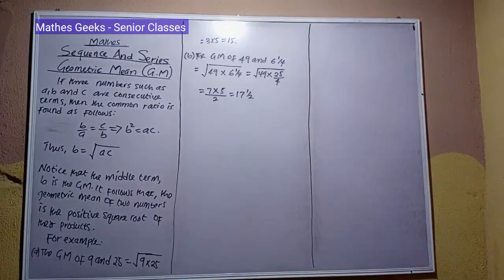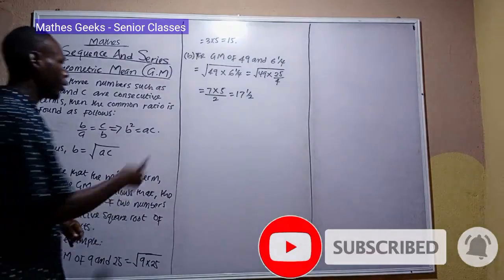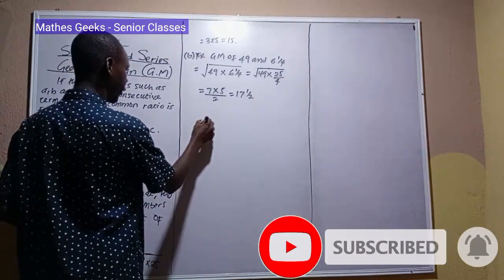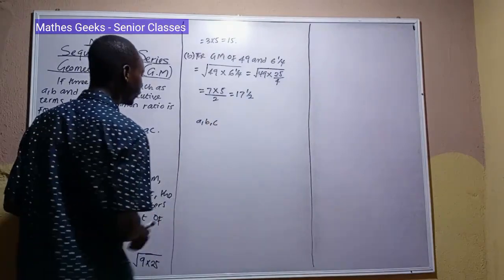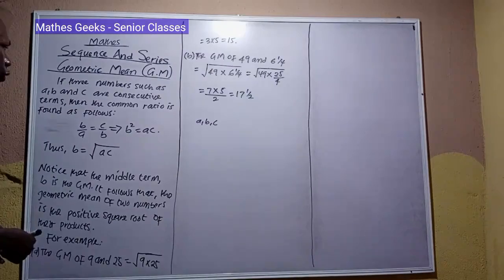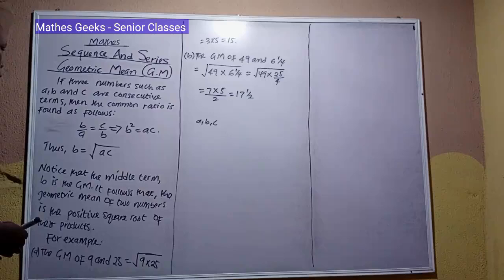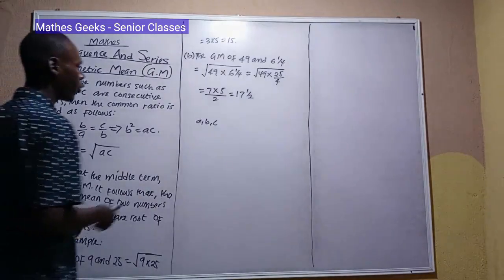The geometric mean, GM. In this lesson, we're going to look at geometric mean. If three numbers such as A, B, and C are consecutive terms, then the common ratio is found as follows. When A, B, and C are consecutive terms, terms of a GP, or the three terms are in geometric progression, then following the principle of common ratio,